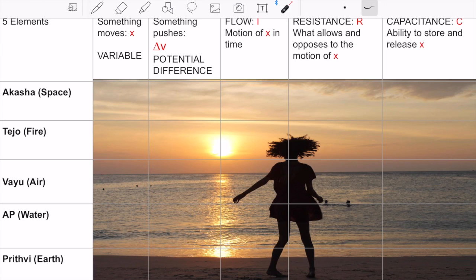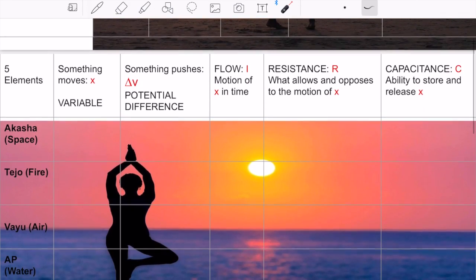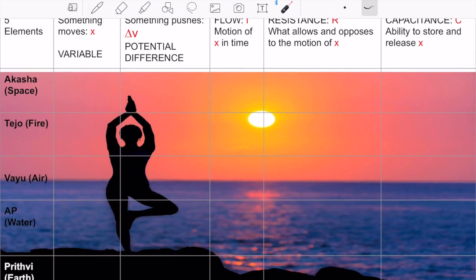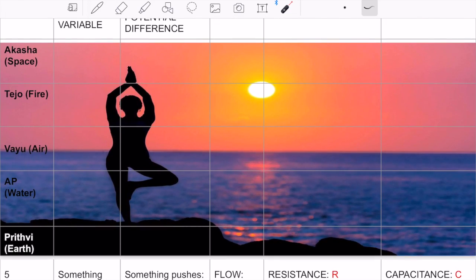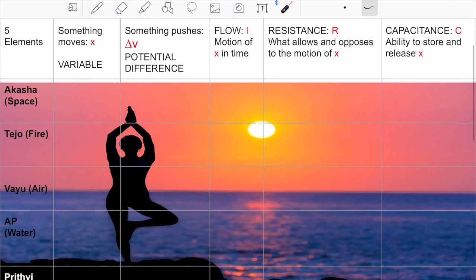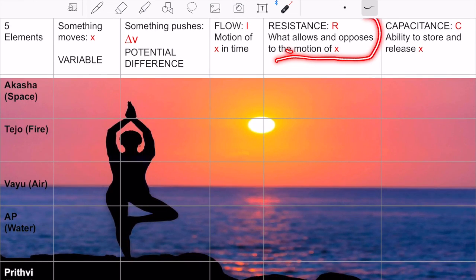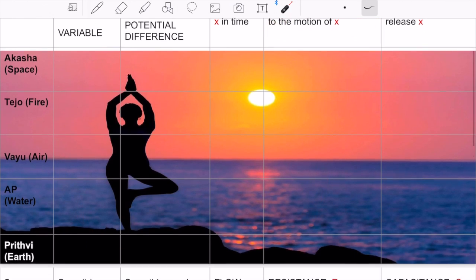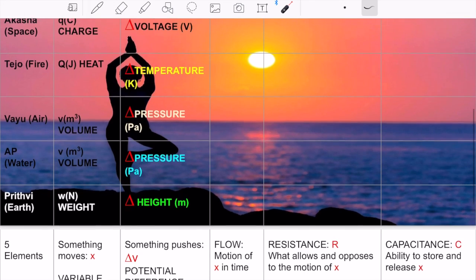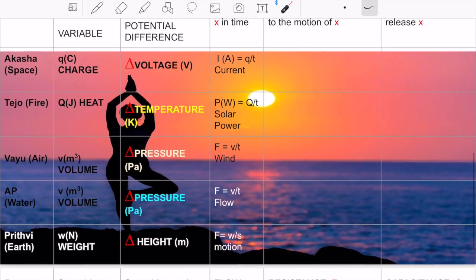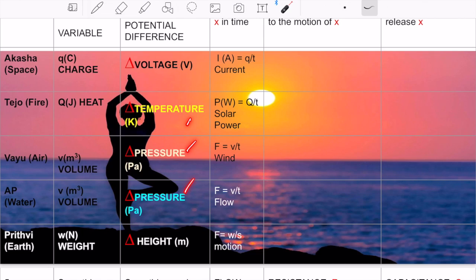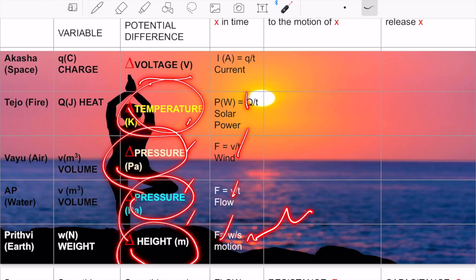And I'm going to leave the concept of capacitance for later on because it's a big concept. So again, this is a free matrix. What allows and opposes the flow, this is what you need. I mean, you need to complete the whole of the matrix now. I'll leave it for you. Take a few minutes to meditate and see if you can come up with these words, or at least very similar words. So we are using the words, the concepts that we need to define in order to explain physics in words that make sense, right?